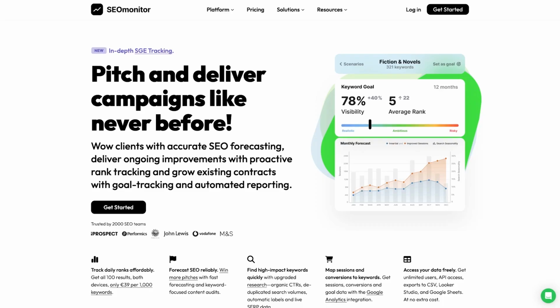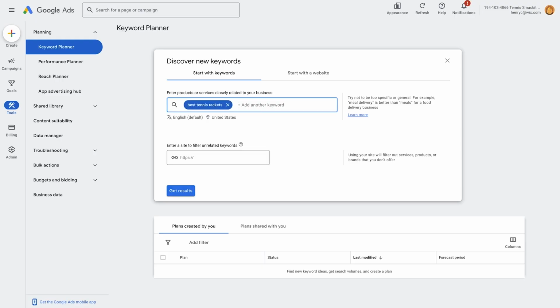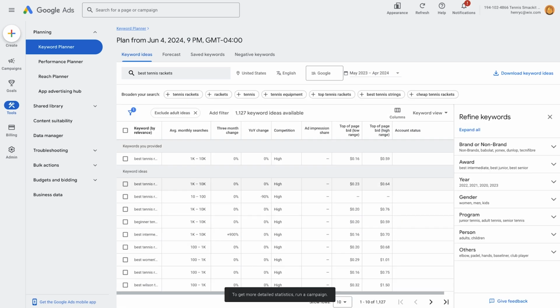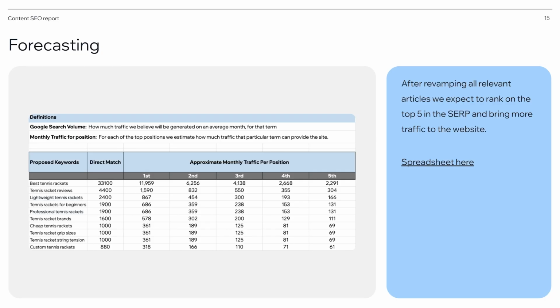Next up, to calculate forecasting, you can either use a tool like SEO Monitor, or you can use a simple formula, assuming a click-through rate based on rankings you estimate you could achieve. Use Google Ads estimations, which tend to be low, then multiply those estimations by the percentage click-through rate based on where you feel you could rank, and that gives you an estimation per month and per year. This is all supported by data in a separate document, which should always be included in your appendix, though it's